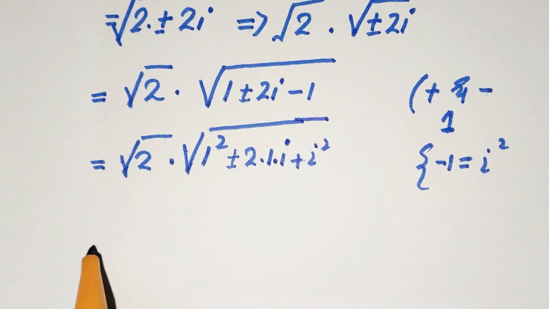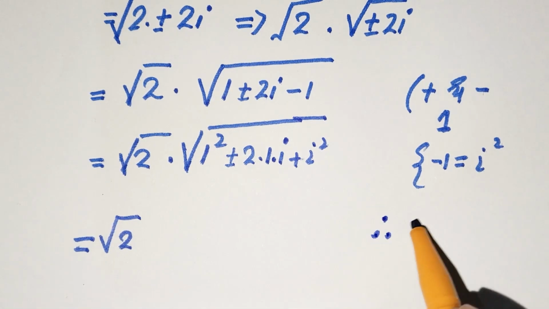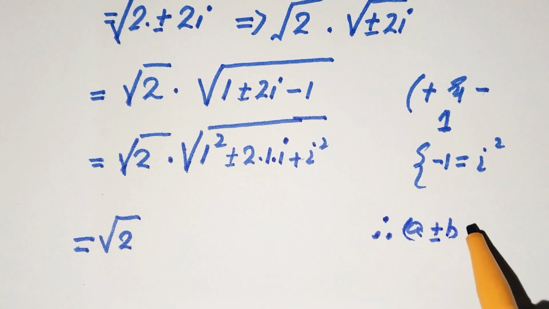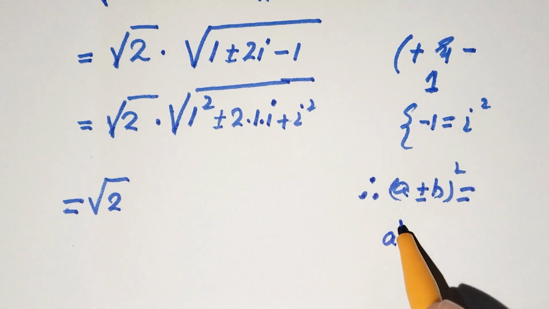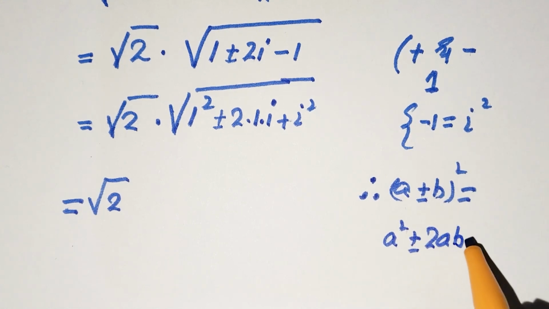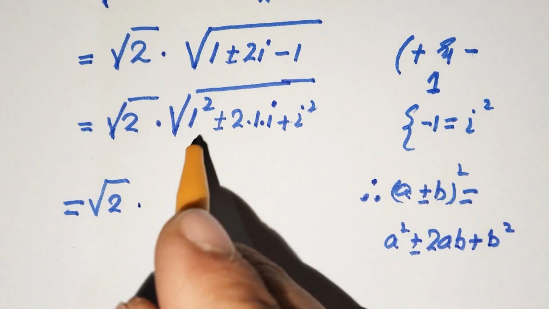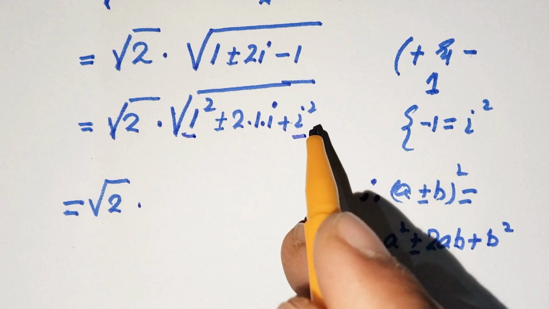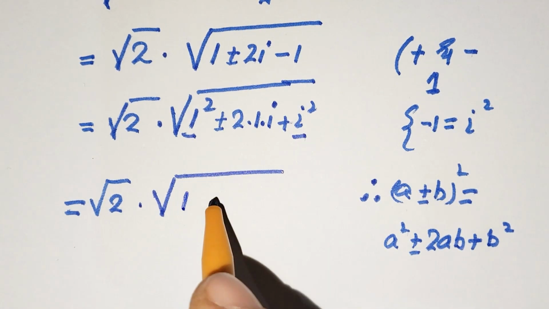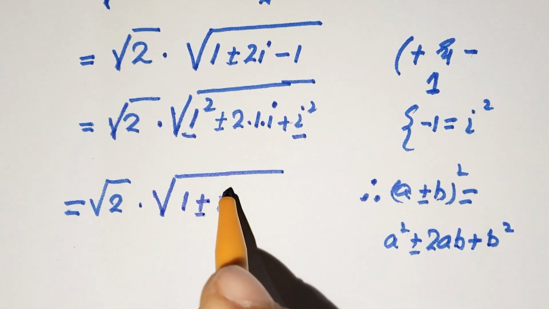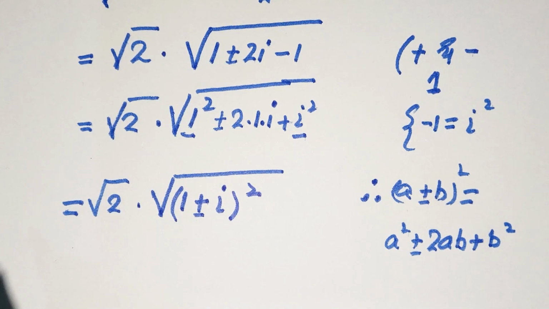Now here we are going to use a plus minus b whole squared, which is equal to a squared plus minus 2ab plus b squared. So we put here a and b, so plus minus, then we write the square root of (1 plus minus i) whole squared, (1 plus minus i) whole squared. Now